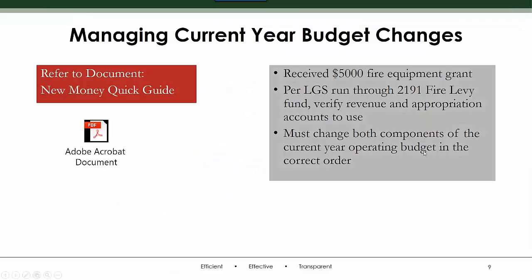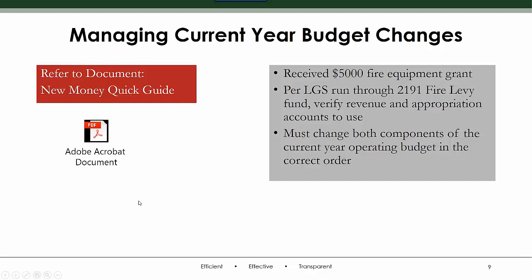Okay, so that New Money Quick Guide, again, it's on your handouts panel. If you can't get that to work, then this is a recorded video. It'll be on our website, hopefully in about 2 weeks, because I have another webinar next week, and then I'll get both of them posted, and those documents, both the slides and the New Money Quick Guide, will be there.